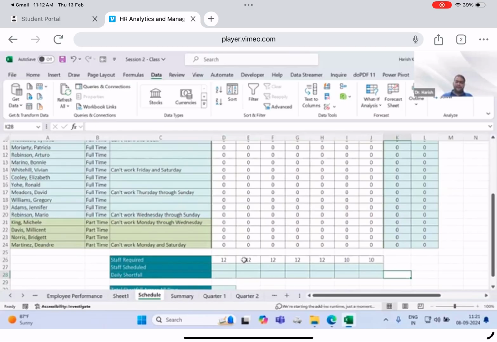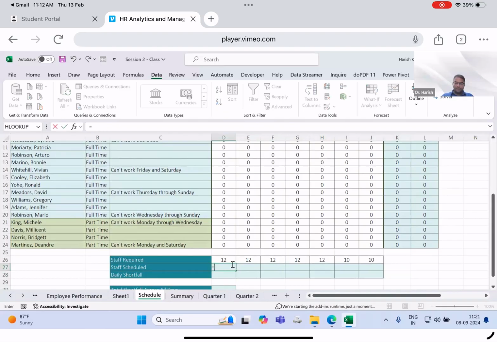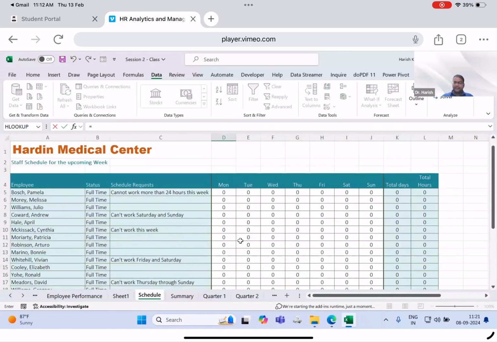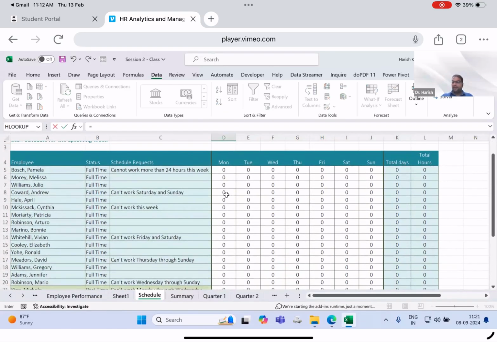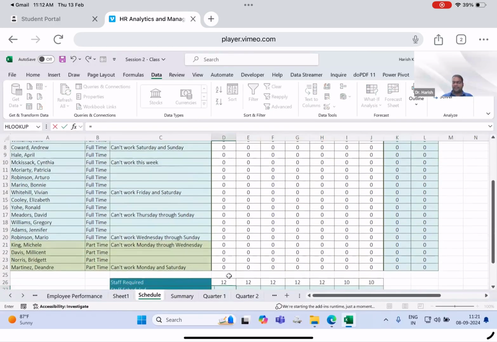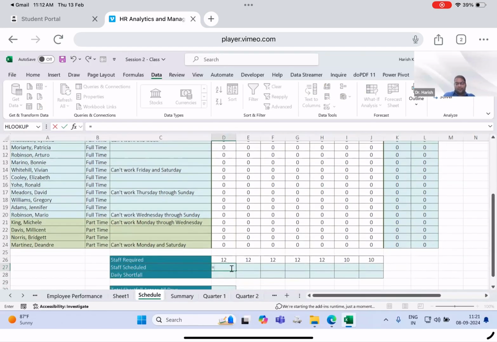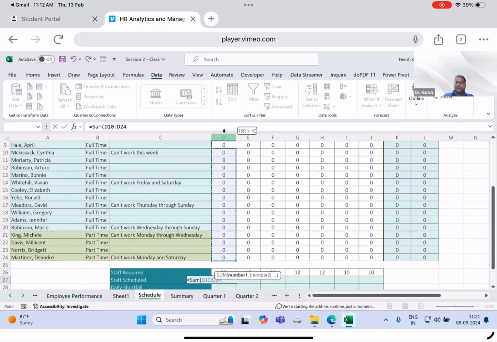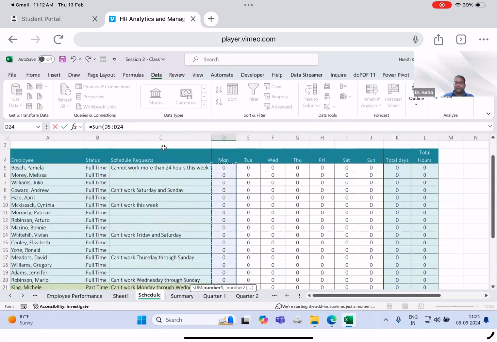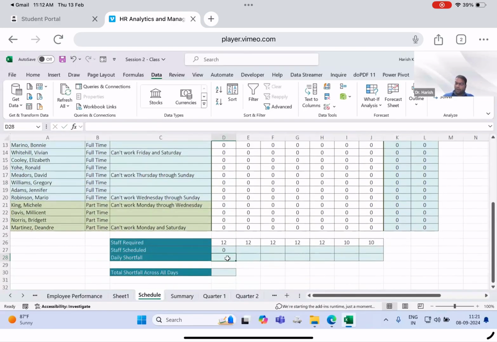Now, if I say staff scheduled, as of now there is no schedule. Let's say on Monday, we need 12 employees. How many are available? The assigned duties we will see later. But if I make a sum of all the Mondays' ones, it should be 12, right? That means a minimum of 12 persons should be assigned duties on Monday. But if it is not 12,